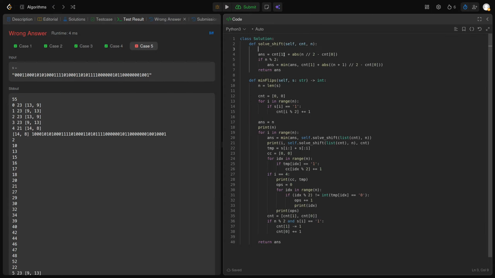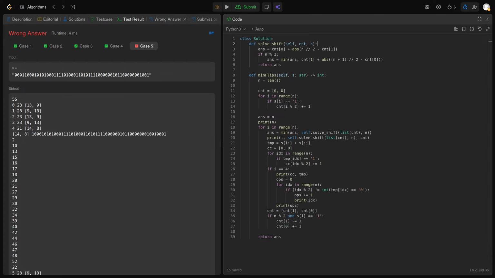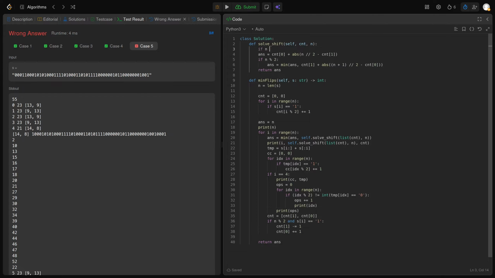So I do 0 1 here, and then the only thing I do is if n percentage 2 is this,